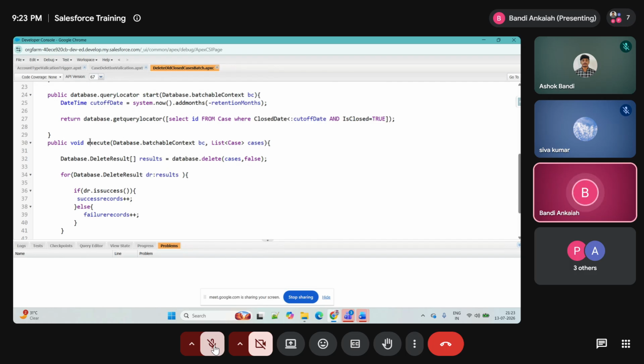Here in the void execute, this list, the records which are retrieved through database.query locator, we are passing to the execute method. In that execute method, we have one object called database.delete result. So by using this object we can track the successful as well as failure records. For example, in case for insert or update,